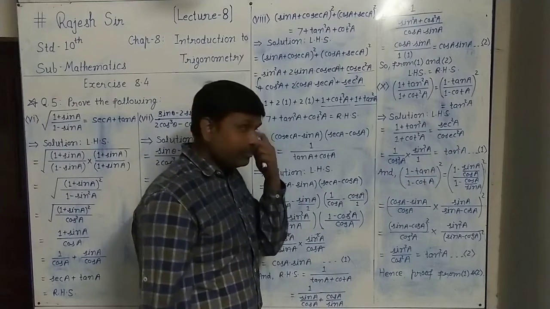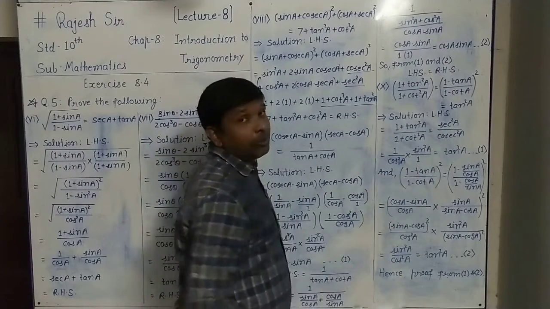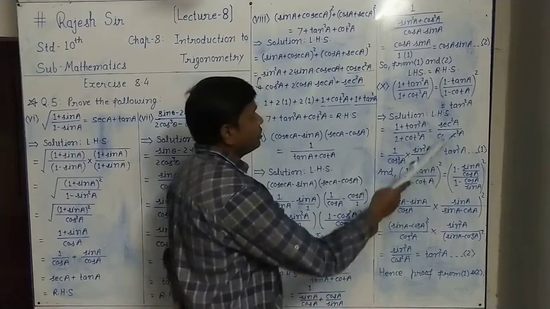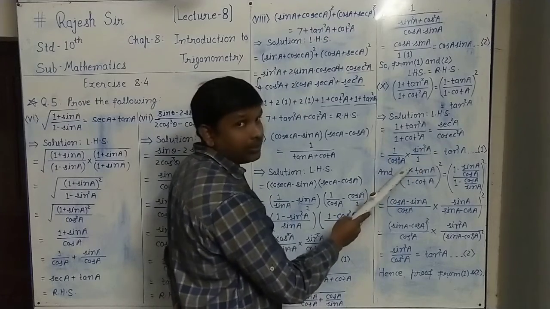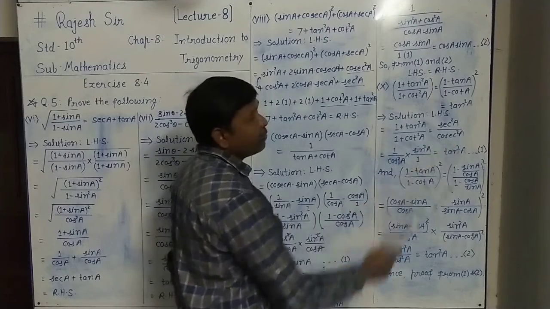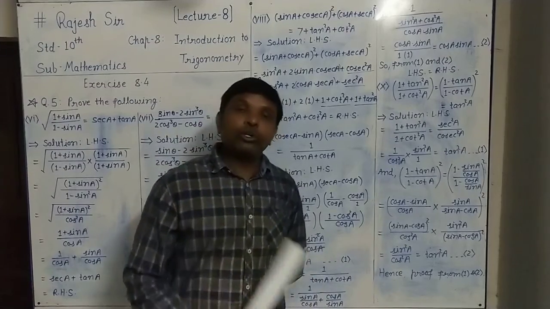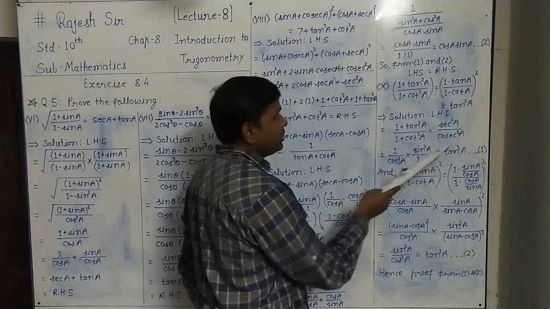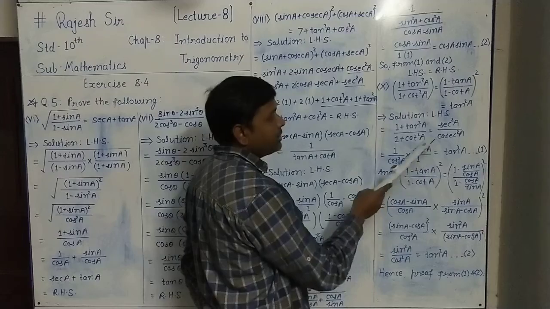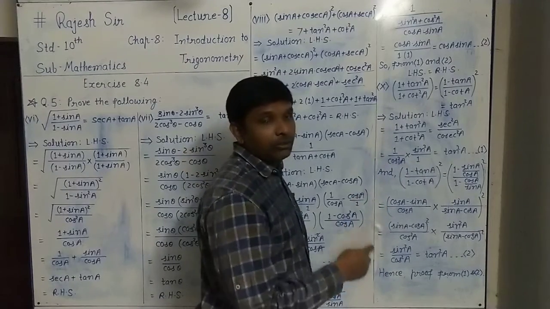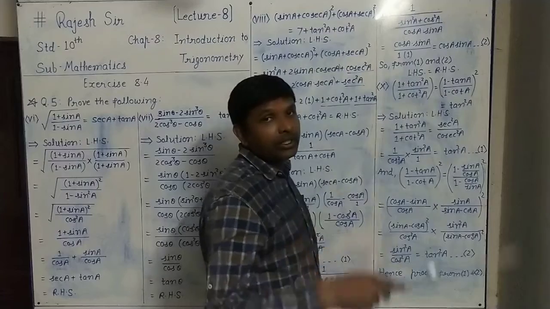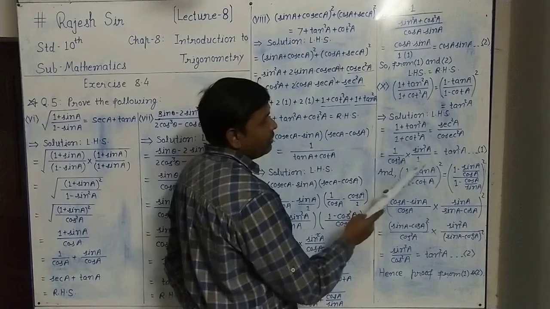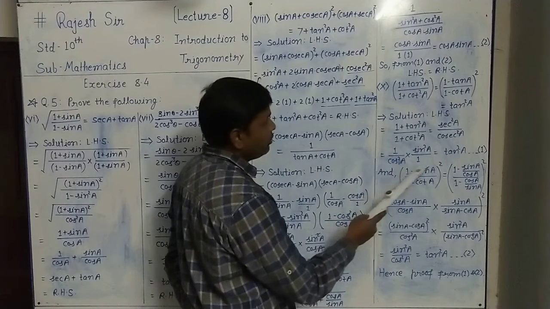1 plus cot square equal to cosec square, the identity we use. Now cos equals 1 upon sec, sec equals 1 upon cos. So in place of sec square we can write 1 upon cos square. Similarly down there cosec square. Cosec A equals 1 upon sin A. So in place of cosec A, 1 upon sin A is taken. Cosec square is there, so 1 upon sin square A is up there because it is in the denominator. In doing multiplication, we can write it inverse. So it is sin square A upon cos square A only, 1 sin square into 1 sin square, cos square into 1 cos square.